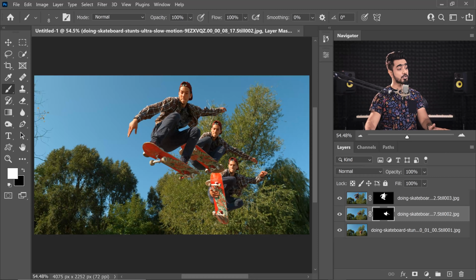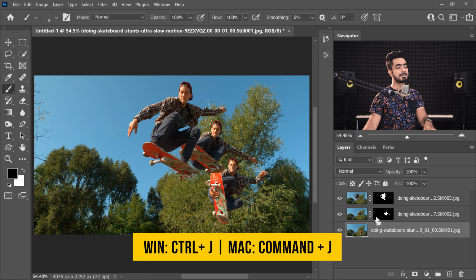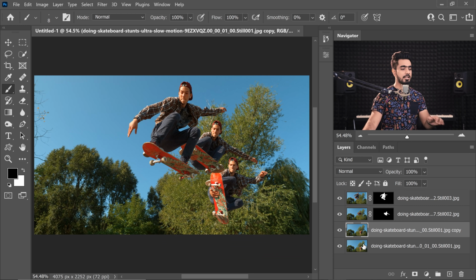Didn't think it would be this simple to do it, did you? Either way, if you also want background blur, that would be another fun thing to do. For that, just make a copy of the background layer. So with the background layer or the bottom-est, if that's a word, layer selected, press Ctrl or Command J. Now, with the bottom-most layer, that's the right term actually, just make sure that one is turned on.